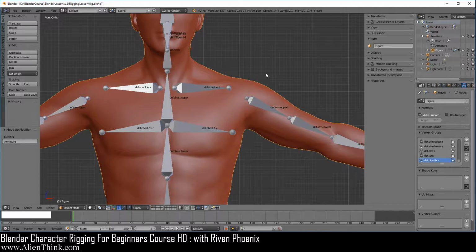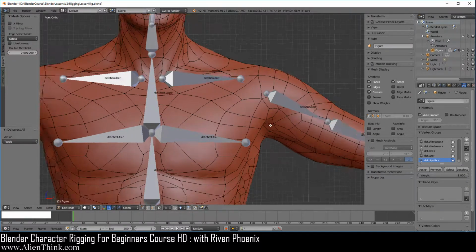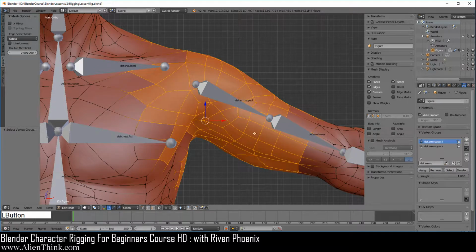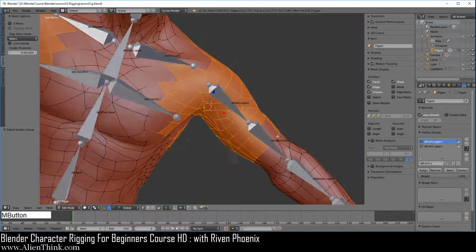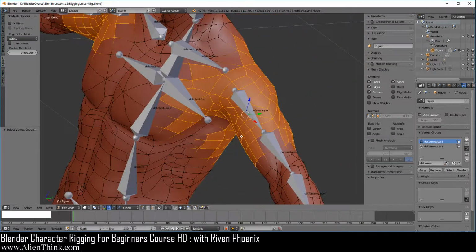But this time it actually assigned all the vertices to these vertex groups. So go ahead and click on the figure and now switch to edit mode over here, and A to deselect everything. Let's go ahead and now find this bone inside the vertex group. Click inside and type in dev.arm.upper, and this is the vertex group. Now when we click on select, you'll notice that Blender automatically assigned all these vertices to this bone.